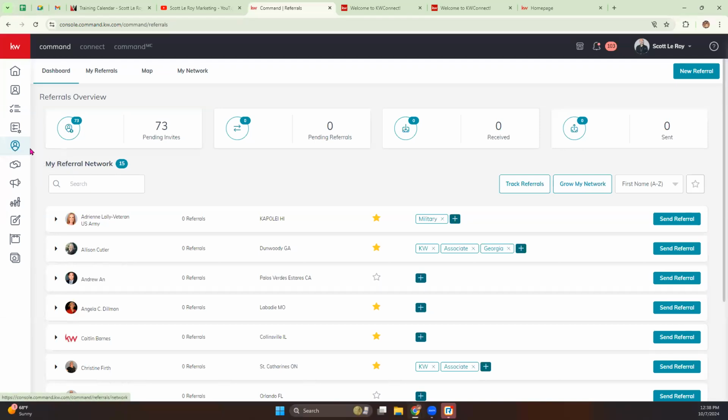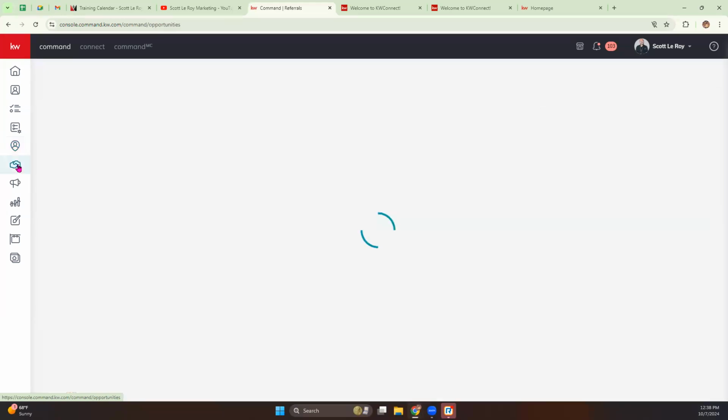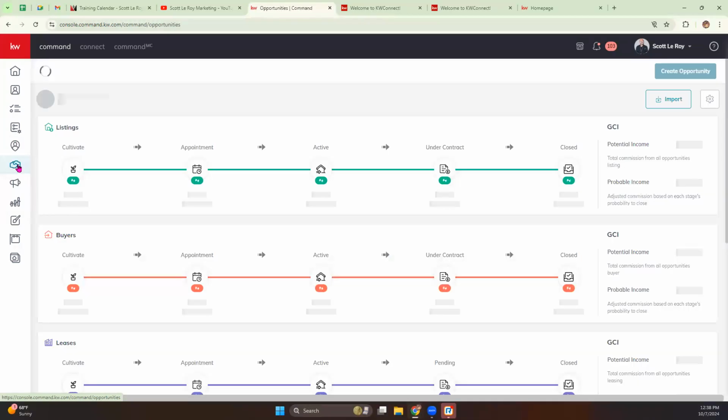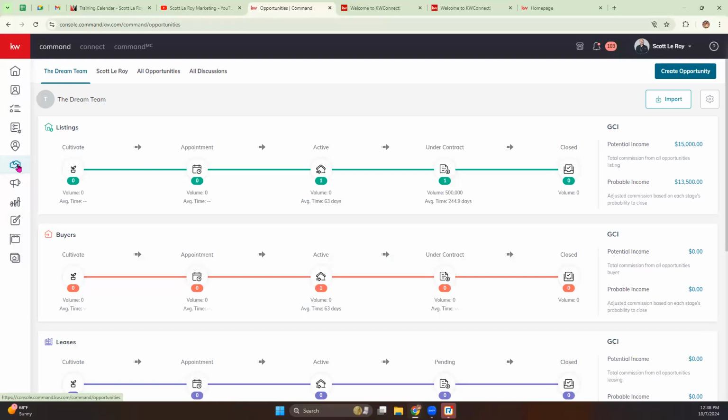All right. The next section is going to be opportunities. So opportunities is your transactions. So these are buyers, sellers. If you work with leases, that will be here as well. This is where you create your opportunity, your buyer or seller, as they're getting started in that deal. And as that transaction moves through the process, this allows you to streamline that and be consistent. It allows you to create checklists and see how long it really takes